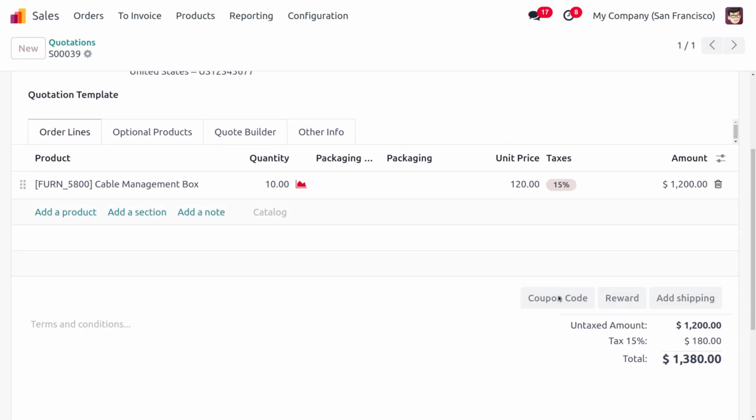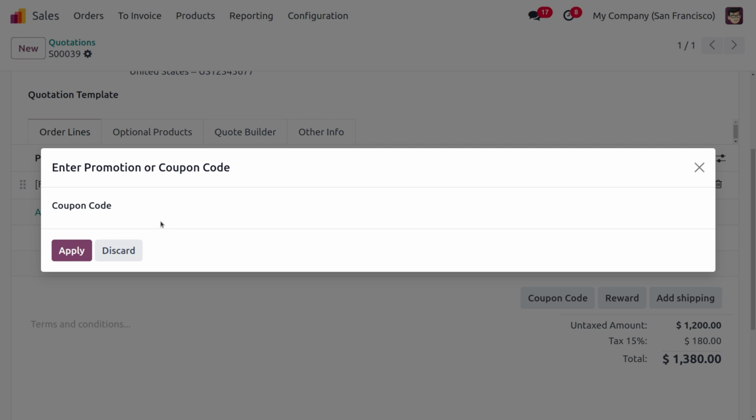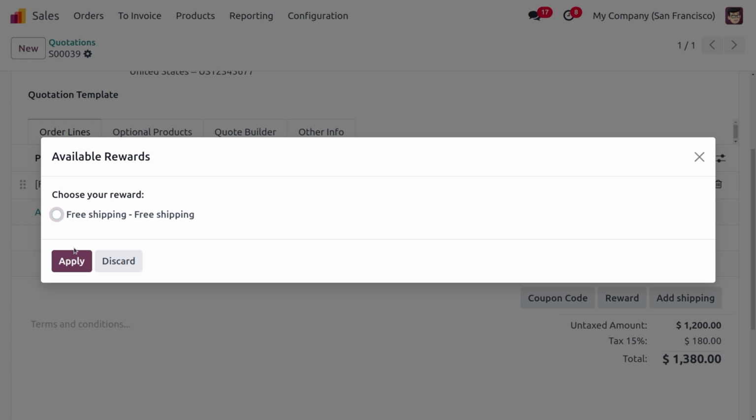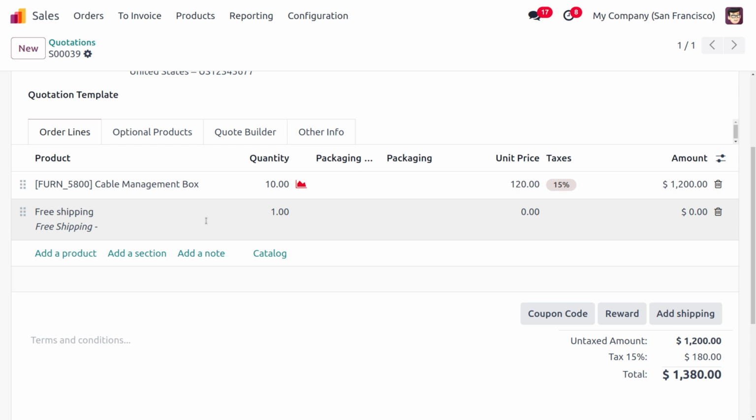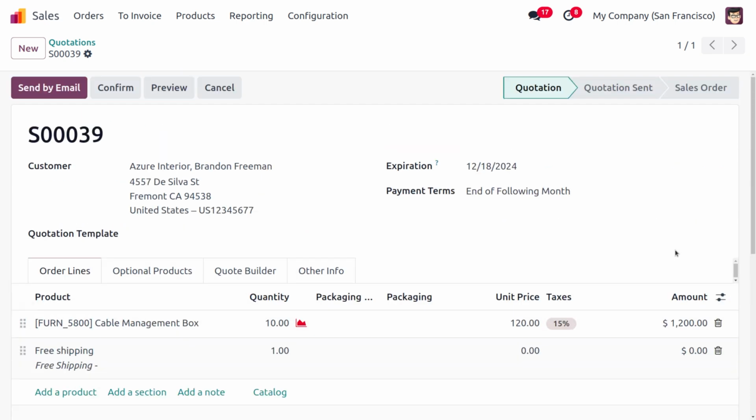Now let's move on to the coupon codes, and here we can paste the code. Once you paste the code, you can see that you can apply it here. You can choose the reward, which is free shipping. So let's choose that and click Apply again. Here you can see that we are not applying any transportation charge for delivering the cable management box to the customer. So that's how we make use of the coupon